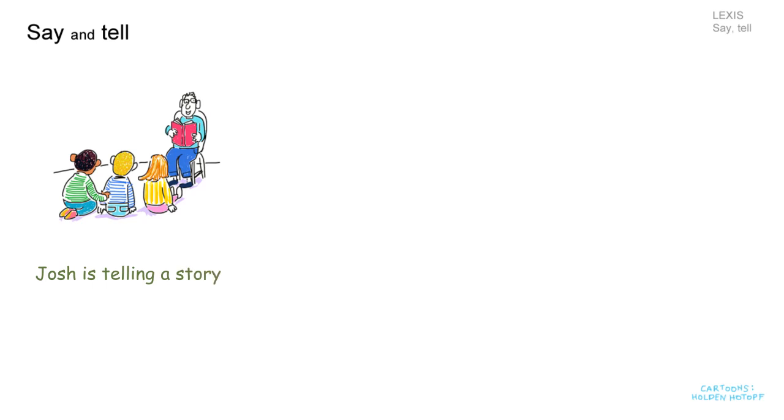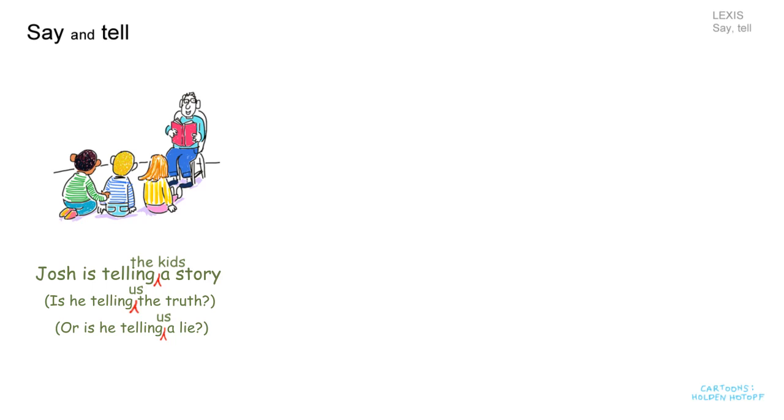I have two more similar phrases. Here they are. Is he telling the truth? And one more, or is he telling a lie? Now none of those three have got the person being told, but they can. So I'm going to put in three little red inserts here. 1, 2, 3. And now I'll put in on the top one, the kids, and us, and us. And now it says, Josh is telling the kids a story. Or is he telling us the truth? Or is he telling us a lie?